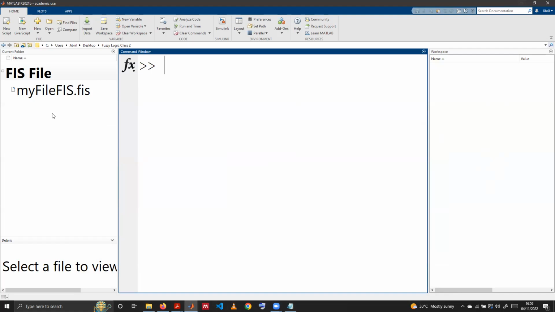But in this case now, you cannot use it the way we used it earlier. You have to load the FIS first, and when you load it, that's when you can use it. So what you do basically first is to load it. Let me call it my FIS, and I'll say it's equal to